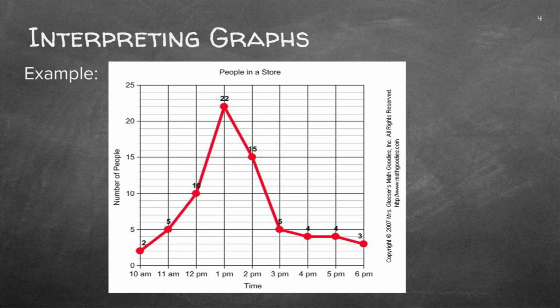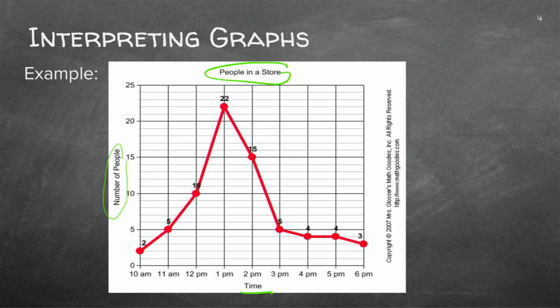If we look at this graph, just remember what we must find on a line graph. Yes, we've got a title. Yes, we've got a y-axis, a vertical axis, and in this case, we are going to look at the number of people going to a store. At the bottom, we've got time, and you can see in hours that the store will be open. And here we've got our coordinates connected by a line.